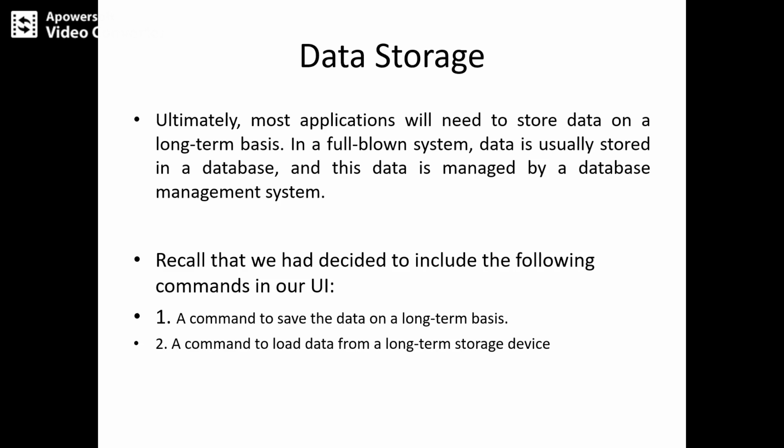So the first command says that once it is executed, we copy all the data into the secondary storage. Once we need to copy it on a permanent basis, then whenever the second command is executed, the data stored on the device is copied to create an object. So whenever we press the button or execute the second command, the data already available in the secondary storage will be copied to create an object for the user. So this is the brief